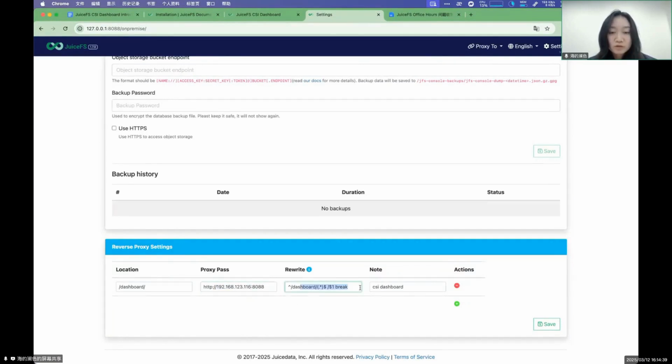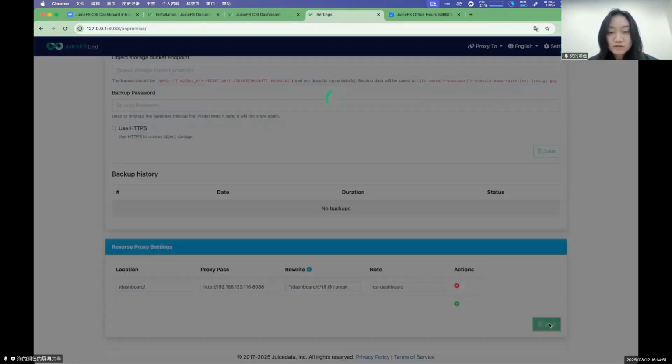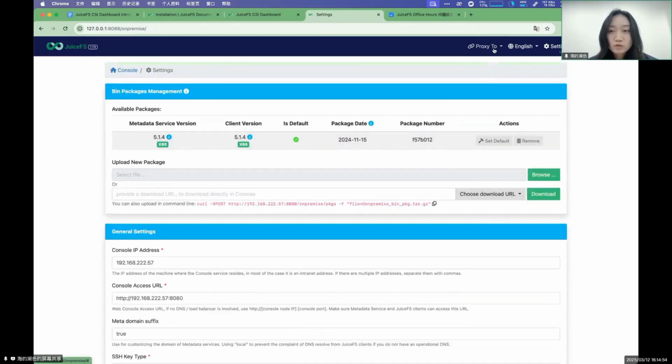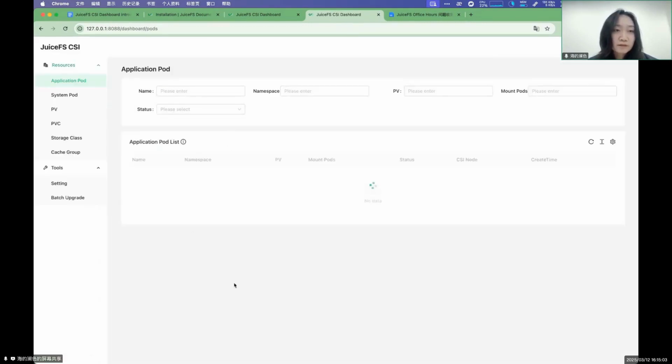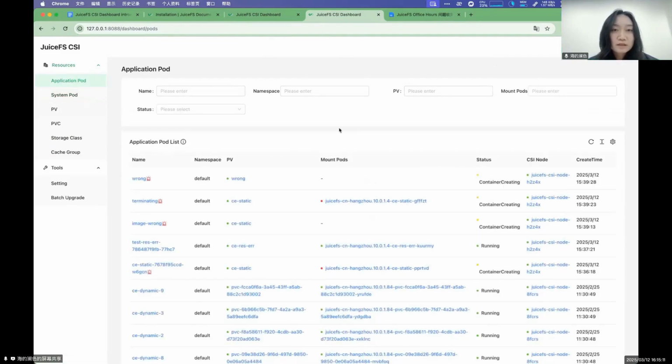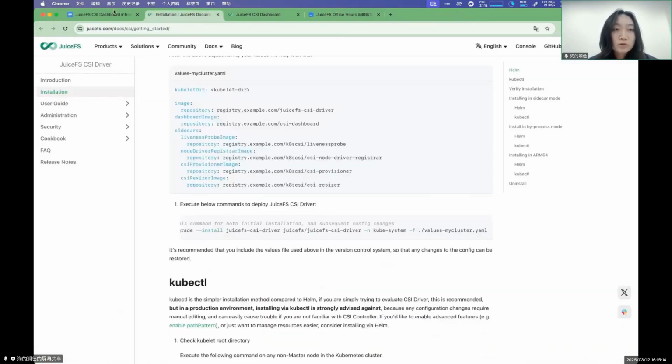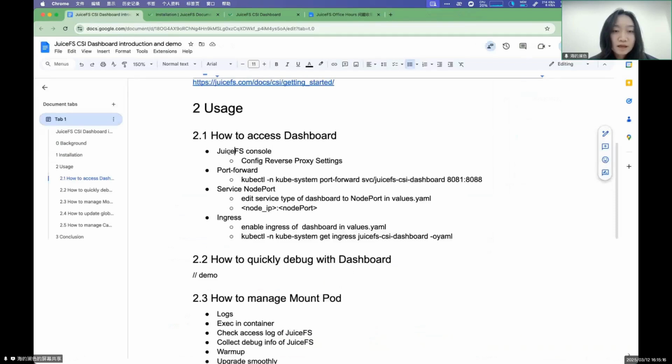So the proxy rule here can be written like this, right? And there's a default prompt after saving it. There's a shortcut for the dashboard here. You can just click on it to access our console. So the console is one way to access the CSI dashboard, but if you haven't installed our